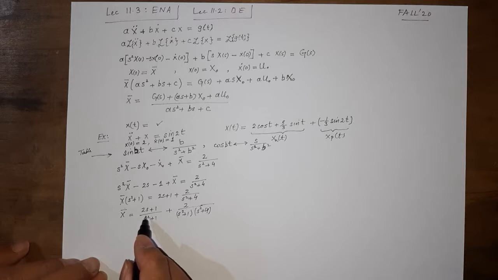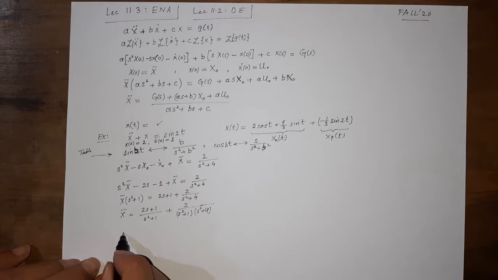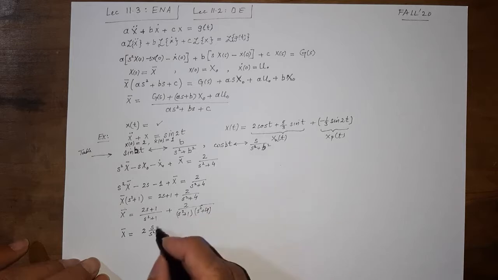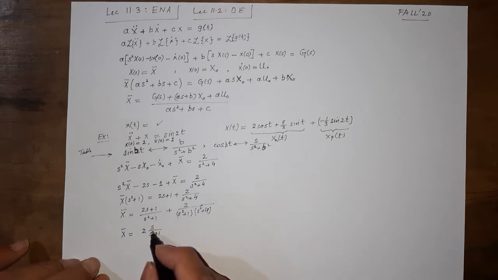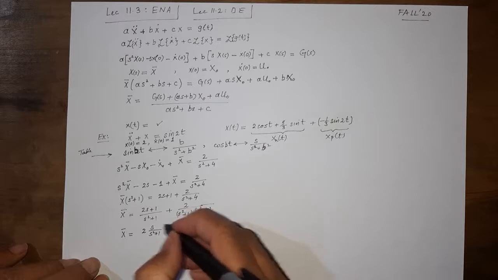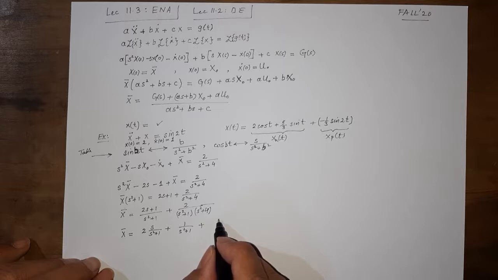So for example, we can see that this term can be written as 2s over s square plus 1 plus 1 over s square plus 1. So we can write x bar as 2s over s square plus 1, and we can now very easily relate this with the table and see that the inverse transform of this is going to be some cosine function, plus 1 over s square plus 1. You can see we have a constant here, so this is going to be some sine term, plus what about